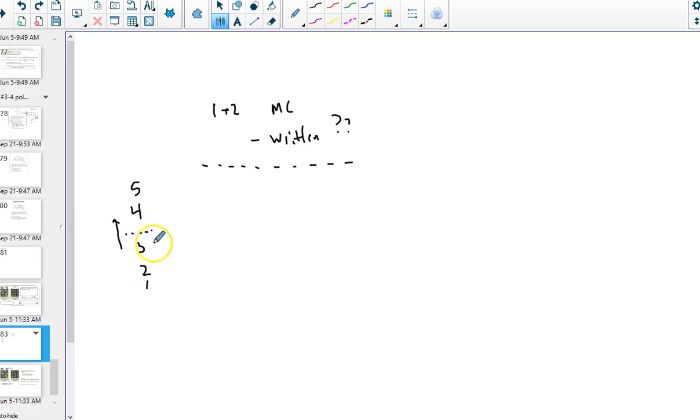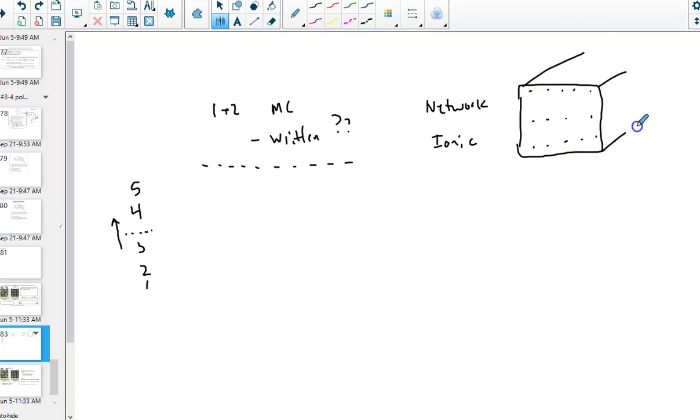Okay, so let's take a look. There are a couple different types of solids we have here. We have, let's say, network covalent. Ionic compounds are kind of unique in the sense that all of them are what we would call a bulk crystal, and that is important to recognize for what breaks and what's going on. What I would like to know about metallic substances is that they also form a bit of a bulk crystal.